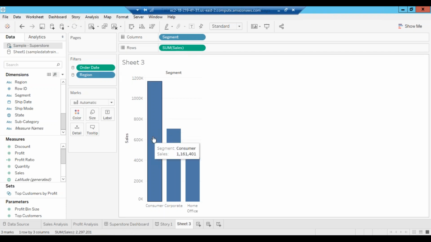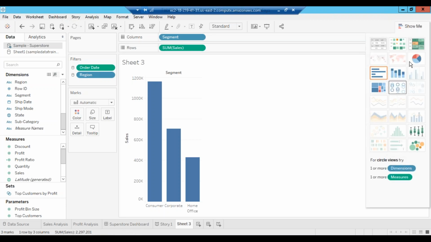Now based on this, this is a view of the visualization. Based on these two columns, what all visualizations can be created are shown in the Show Me option. So this is just a view of all the charts. Show Me is a very important thing. If you want this visualization to change to some other, then you can use it here.